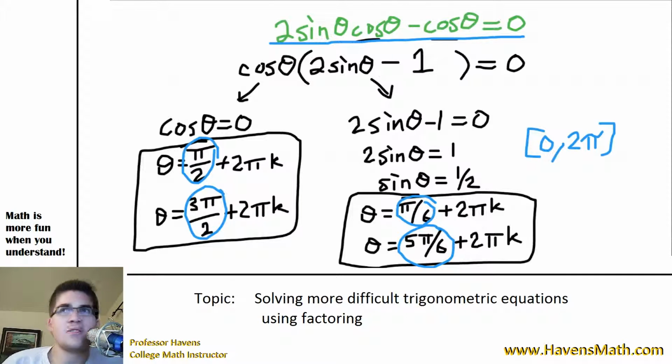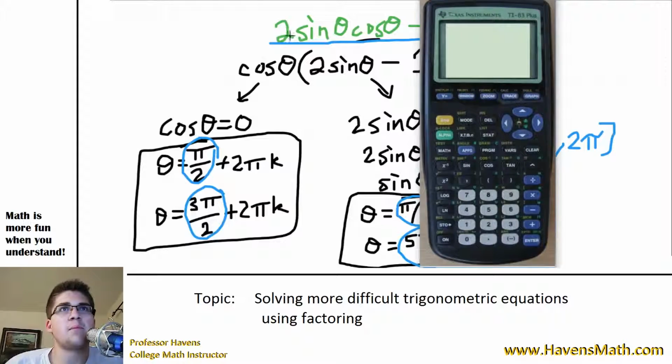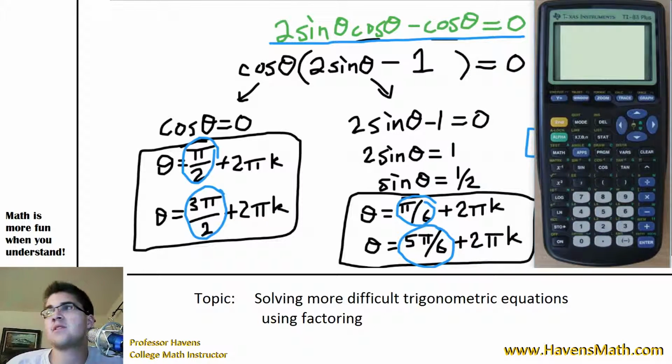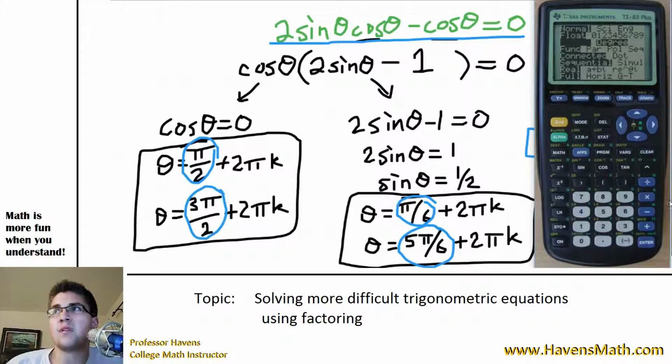And so, just as a last little exercise, I want to show you what this would look like in a calculator, and how you can compare your solution to make sure that it works. So let's pull up our TI-83, and I'm going to graph this equation in my calculator. I'm going to make sure I'm in radian mode for this, because normal trig equations we solve with radians and we graph with radians,